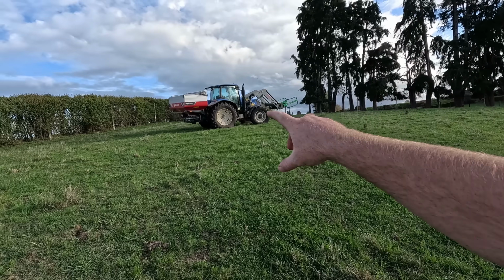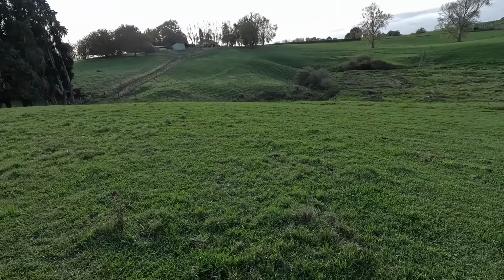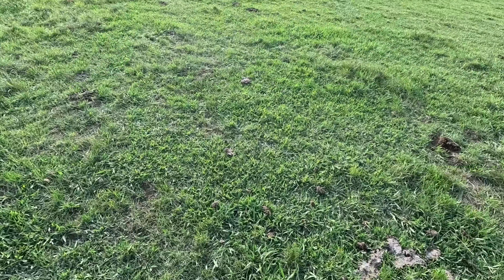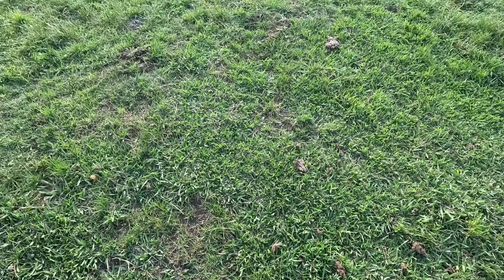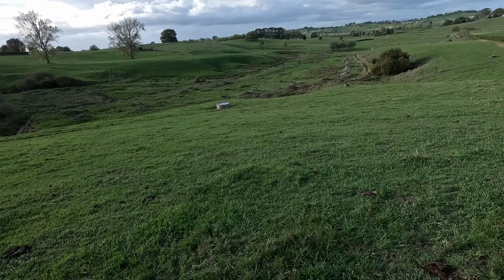But I'm right over in the corner of the farm, just at the end of that hedge. That's one corner over there. And I'm wondering, this paddock is terrible. It's got heaps of this paspalum. It's really matted up, so it needs spraying out. But what I'm thinking is that I might aerate it once we get a bit of moisture, and I'm planning